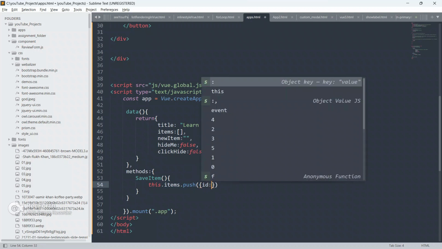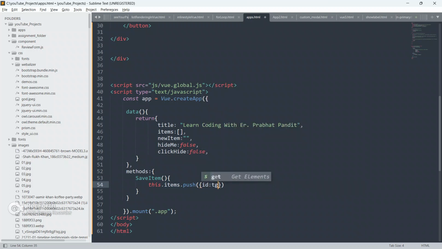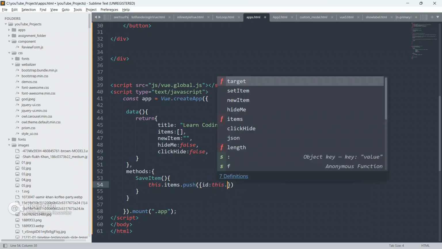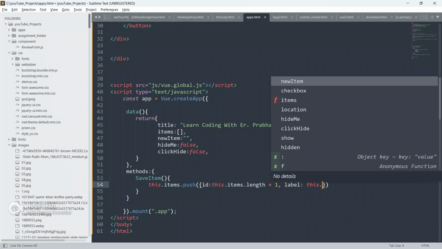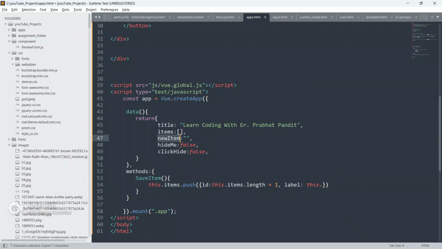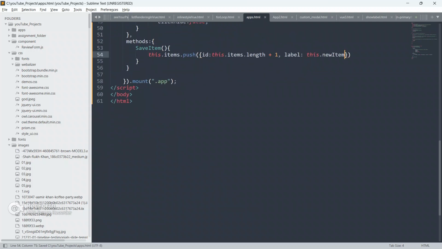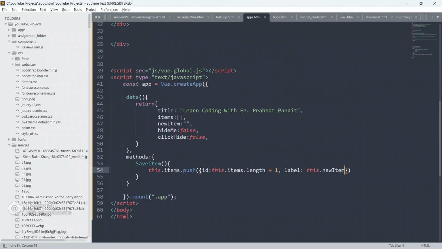I'm going to put id, and the id will be this.items.length plus 1. And I'm going to put label also as this.newItem, because this new item